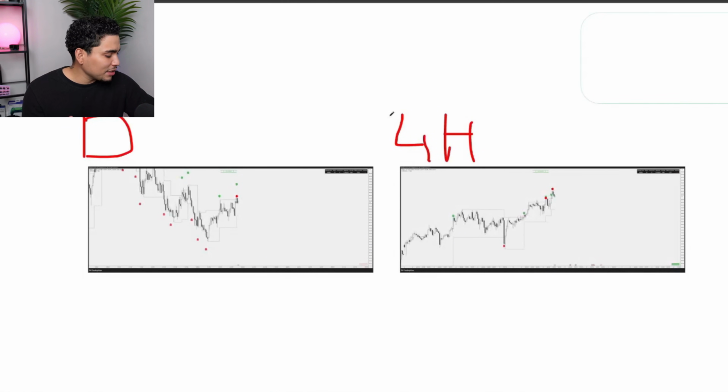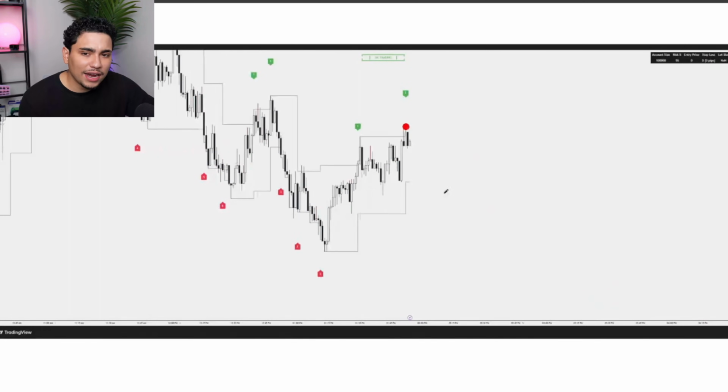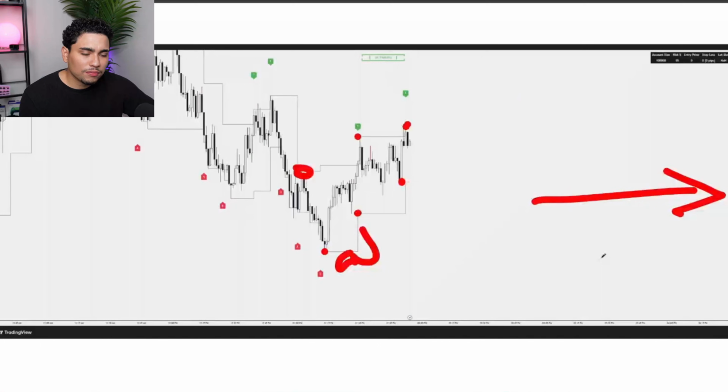And the way to establish if they're both bullish or bearish is exactly like this. It's if they're making higher highs and higher lows. So the market is creating higher highs, which in this case, you guys can see we have a high, a low, and then we have a higher high than the previous one, and so on and so forth. Then you can see that in this case, the daily time frame is going to be bullish. When we step into the 4 hour, if we don't see the exact same thing, meaning higher highs and higher lows,